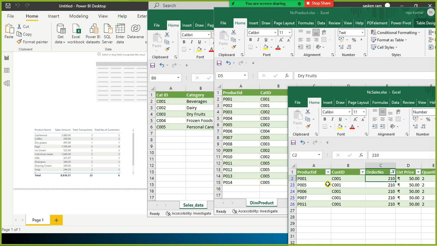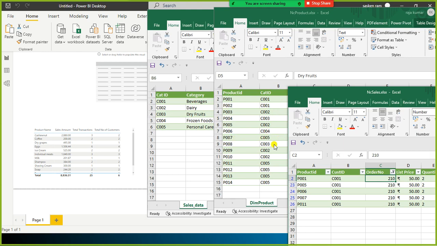Okay, no, this is a customer ID. Product ID P001 is related with C001, and P005 is related to C002, 2 categories, and then P006 is 004, and 7 and 11.